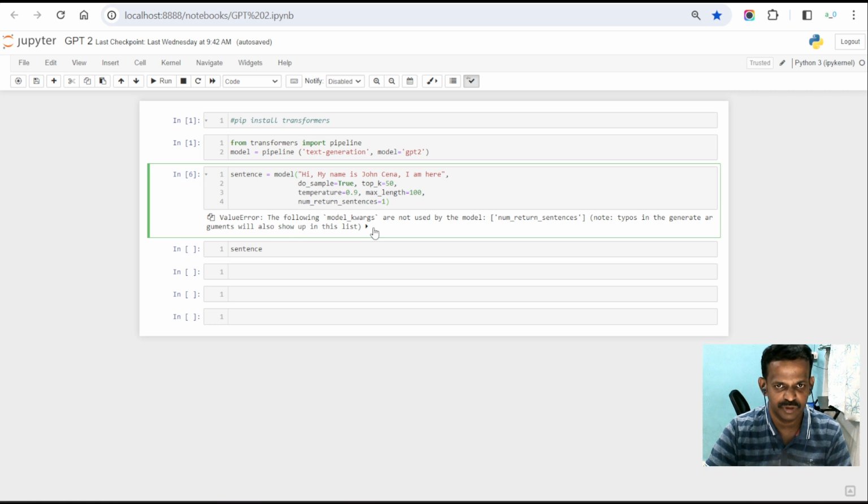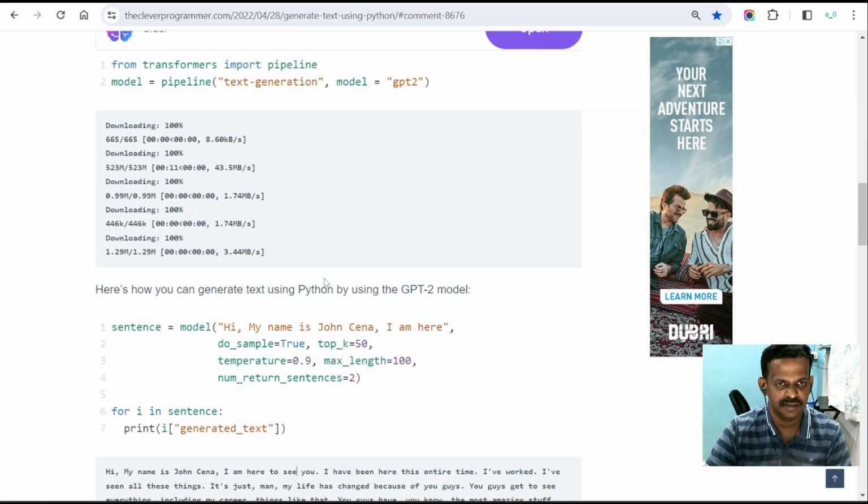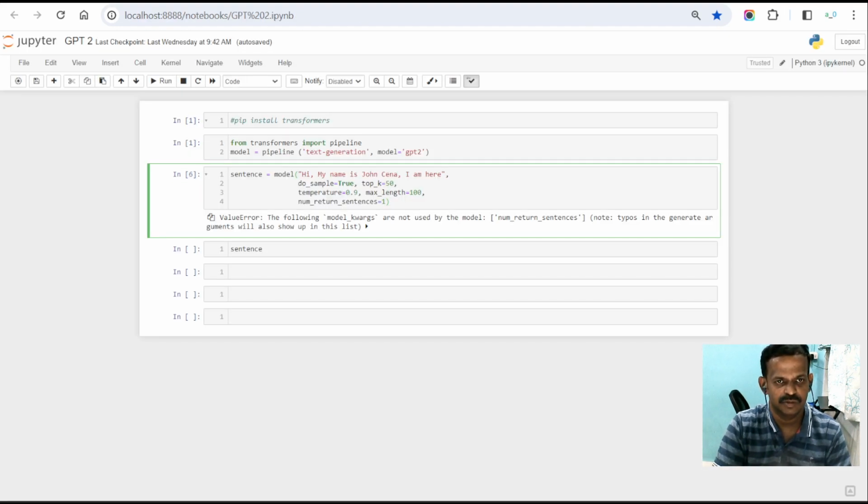I was searching why, if that article shows the correct output, my code is not working properly. So I thought maybe there is an issue because of